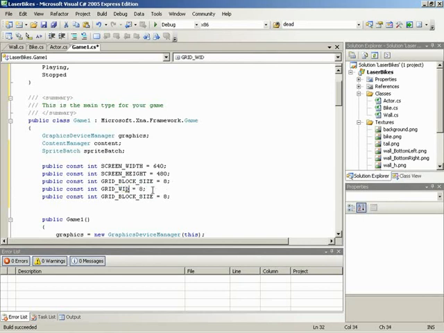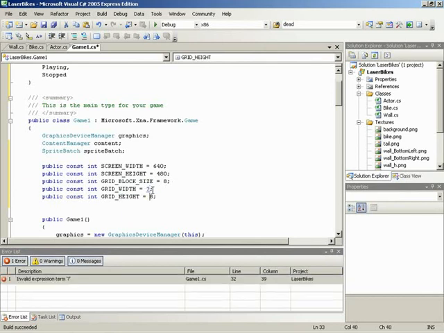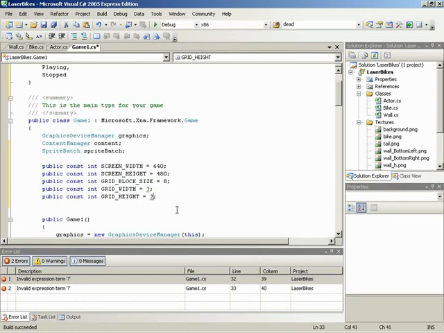That is grid width and grid height. So this is not to be confused with pixels. We're talking about how many blocks across, how many blocks up and down. Exactly. Now, as we just looked at in Calculator, we know what the grid width is going to be because